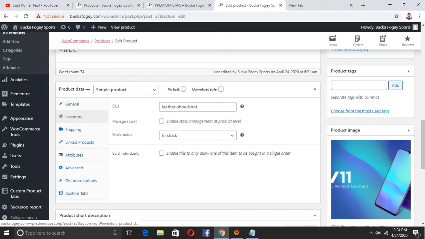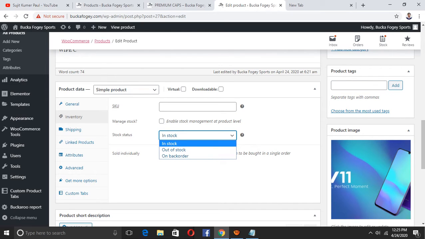And you can see the inventory here. If you want, you can choose whether to track it or not. If this product is out of stock, then you can mark it or write it here. If you have any SKU code, then you can put it, like book up forget score 01, this style, you can use it as you wish.